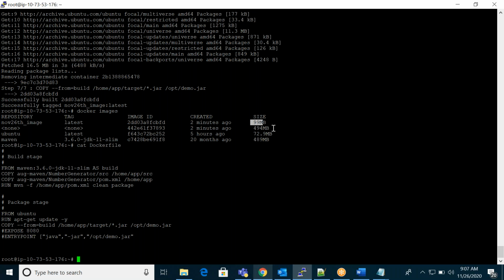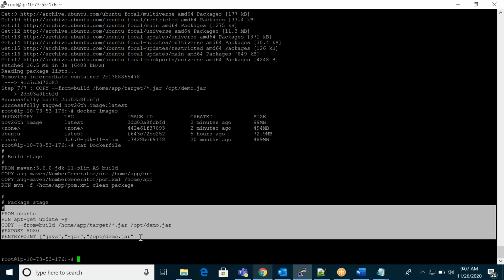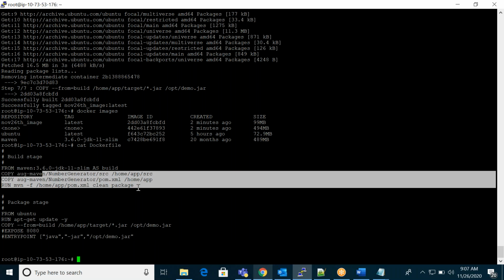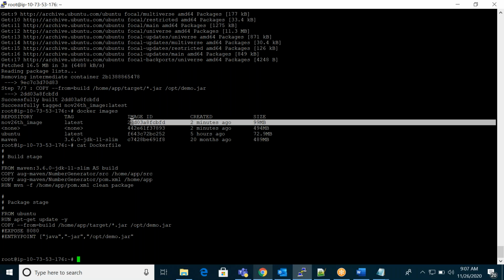That's why I segregated some build steps. All copying and converting of source code to a jar file happens in one image, and in this image I am copying the jar file here. So my actual image is only around 100 MB.